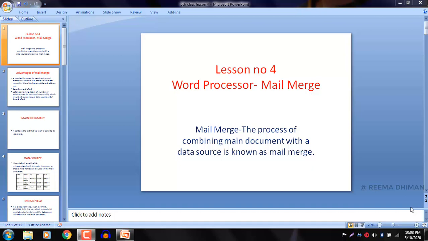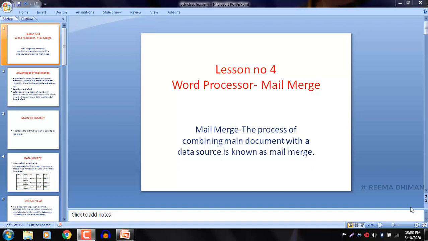So before starting, let's understand the meaning or use of this feature, Mail Merge. So what is Mail Merge? The process of merging or combining main document with a data source is known as mail merge. For example, you type a single letter and you want to send that particular letter to the number of people.